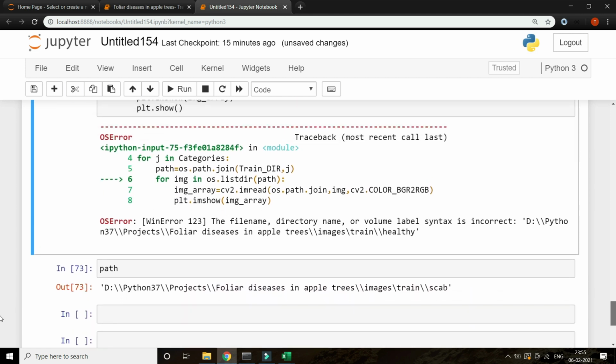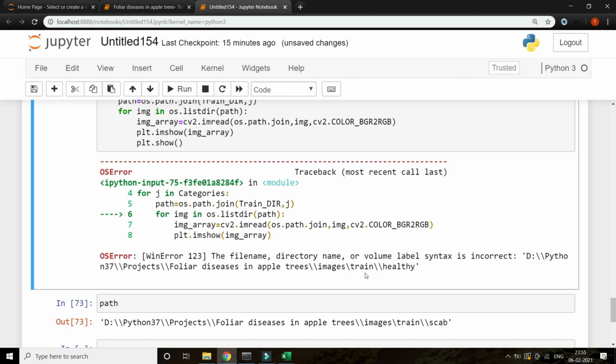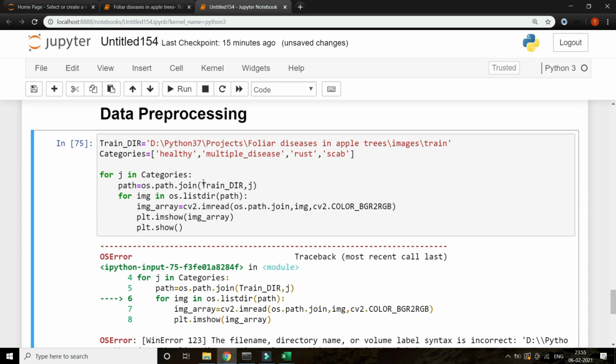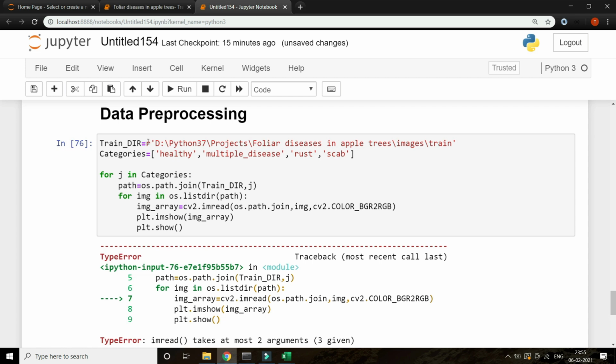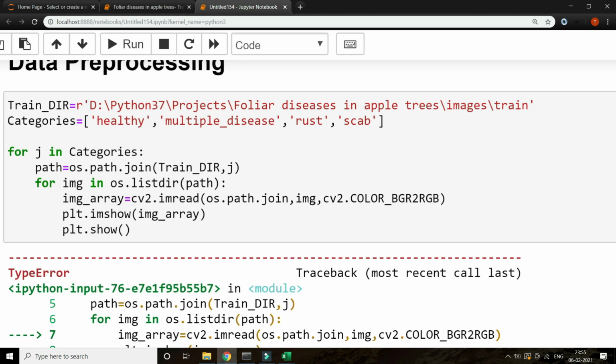The file name, directory and volume are in the projects folder, repositories, images. Under that we have train. I think this is creating some problem, I guess. I don't know. Yeah, I think I should put R. And yes, this is all. imread takes 2 arguments, 3 given. Oh yeah, I think I gave path dot join, join, sorry, join